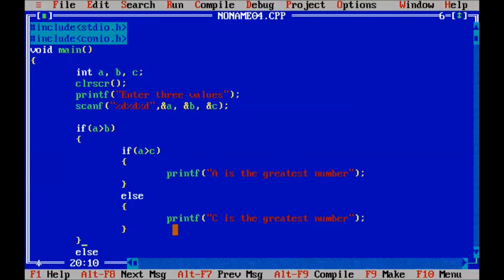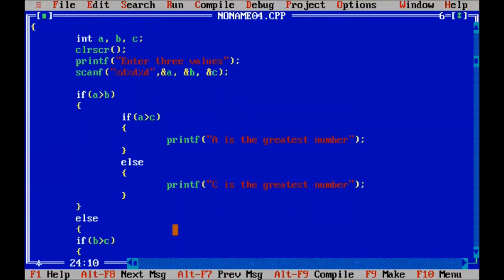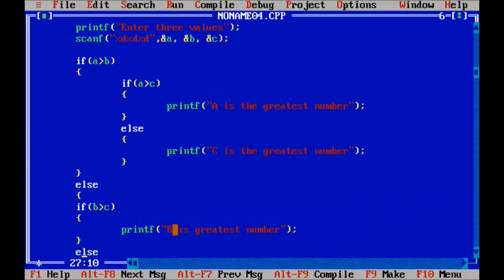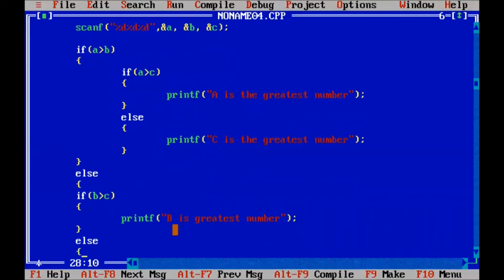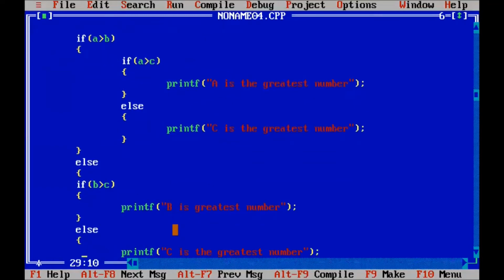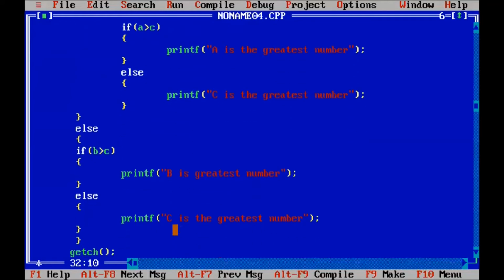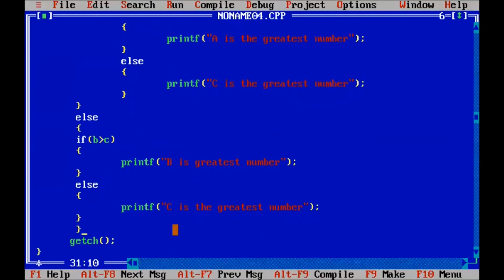Okay, and we write else here, and if part here B greater than C, so where we open and close. And here is else printf.